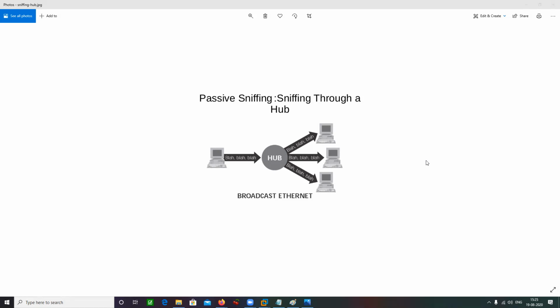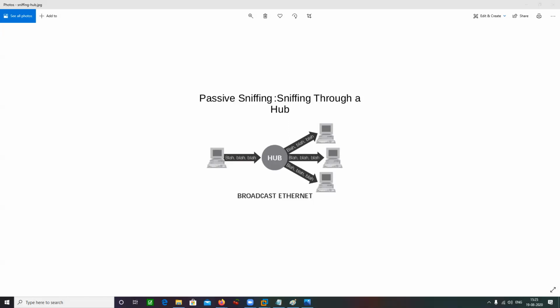I hope everyone is clear with the difference between hub, switch, and a router. What is hub? What is router? What is switch? We can say that hub is a very dumb device. Hub does not care about where the data is coming from or where it is supposed to be sent.